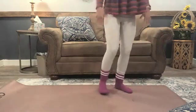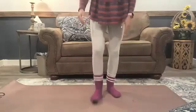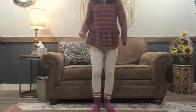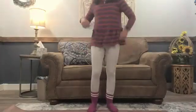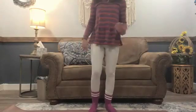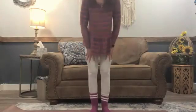Shake it out a little bit. I'm just going to adjust my camera a little bit. You should be in a standing position. Shake it out. Move in any way that your body's asking for. I'm going to play with a little bit of balance this morning. Feel free to go at your own pace